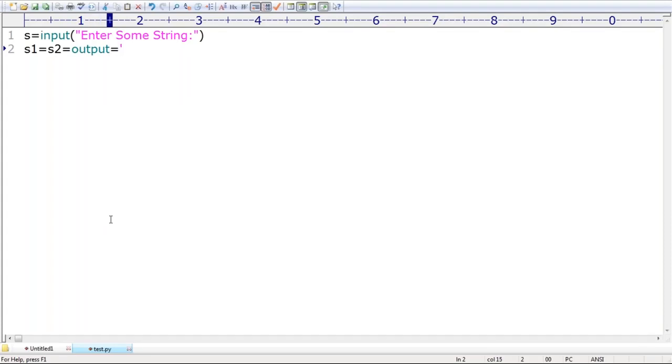All these three variables I'm assigning an empty string. Now for x in s, for each character in the string,